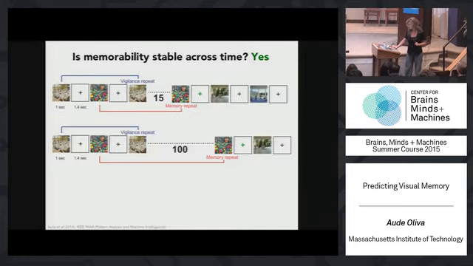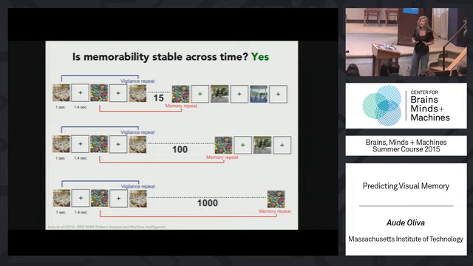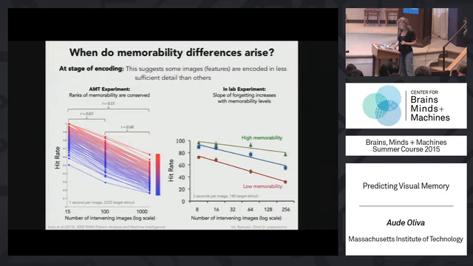So you had this question about the notion of the lag. So the lag is, indeed, you could test visual memory after a few seconds or a few intervening images, or you could test it a few minutes or even 1 hour later or even days later. Because we were running those experiments on Amazon Mechanical Turk, we did not do the days. However, we did run some with a larger gap, up to 1,000 different images between the first and the second repeat. And so here is the design. The data I show you are for about 100 images intervening between the first and the second repeat. But what about a shorter and a longer time scale?